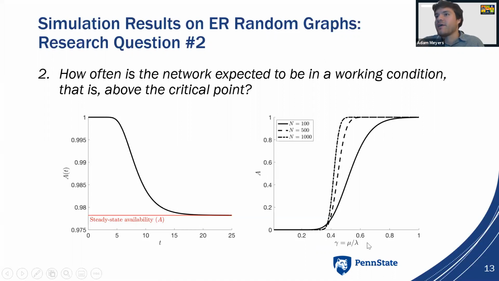So we're showing it as a function of gamma, the parameter, the ratio of recovery to failure. And we have it for different sizes of networks. So this is 100, going from right to left, 100, 500, 1,000. And we see that as gamma increases, so as the recovery rate increases relative to failure, we get more steady state availability. The availability comes closer to 100%. Another thing that this shows is that as we increase n, steady state availability seems to approach a step